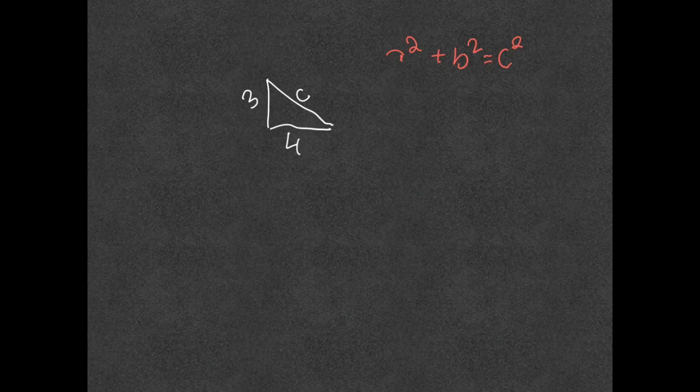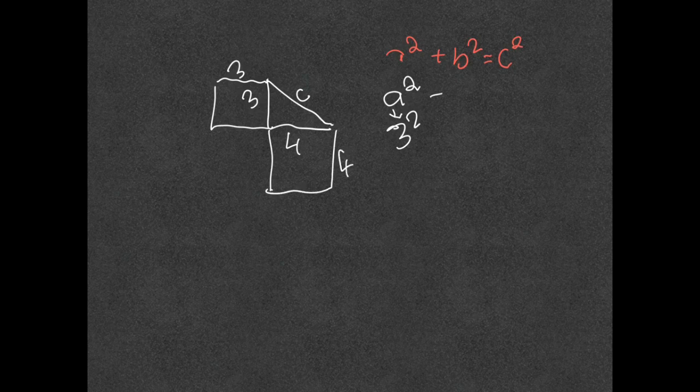So in order to do this, you would do 3 times 3, or A squared. And you could do 4 times 4, which is B squared,